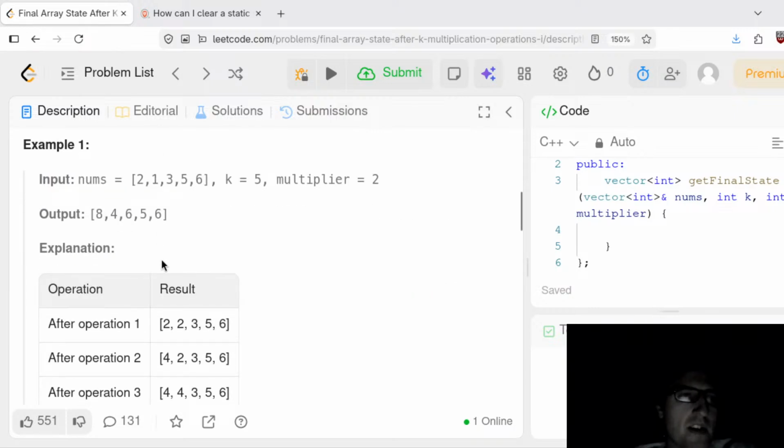Okay. So here's the minimum. Here are the minimum values. We're gonna have k is 5, multiplier 2. So 2 becomes 2 times 2, which is 4. So 2, 3, 2, 3, 4, 5, 6. Then 2 again becomes 4. So 3, 4, 4, 5, 6. And then I think there's one more, gives you 6. Yeah, 6, 4, 4, 5, 6. And then 8, 4, 5, 6. Okay. And the output,